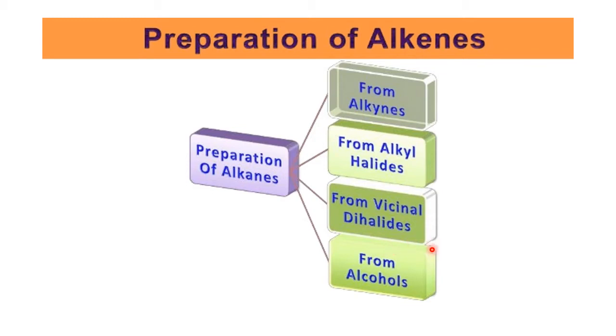Totally, we have four methods. We prepare alkenes from alkynes, from alkyl halides, from vicinal dihalides, and from alcohols. Let us study in brief one by one. First is from